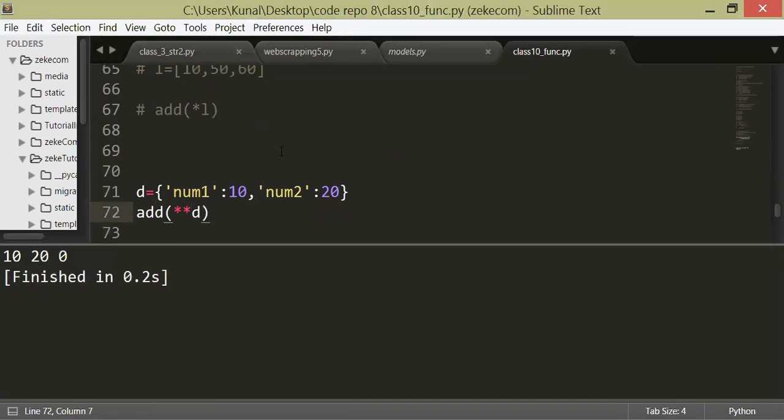Why are we giving star, double star actually? If I use a single star, it will by default pass only the keys of my dictionary. If I want to pass the values, I need to use a double star. Can you give once again one star? If I just give a single star, it will pass only its keys. If I make it double star,